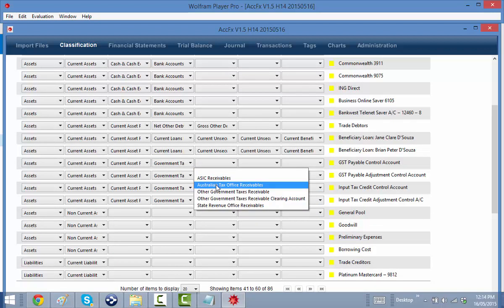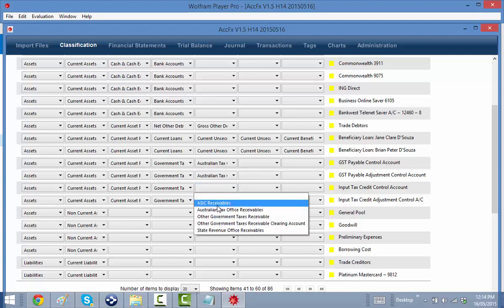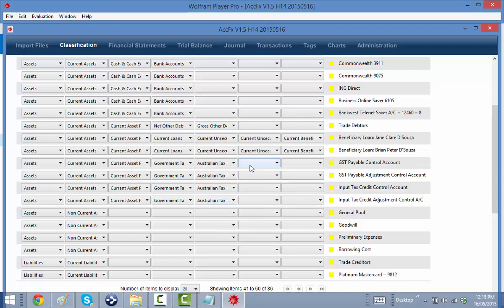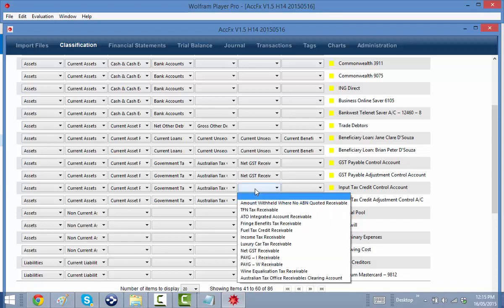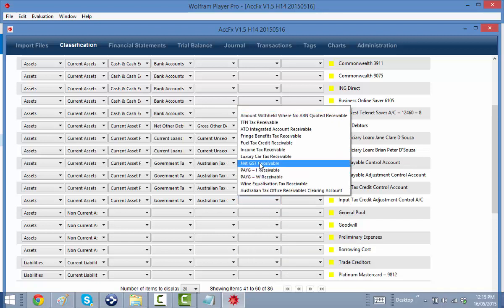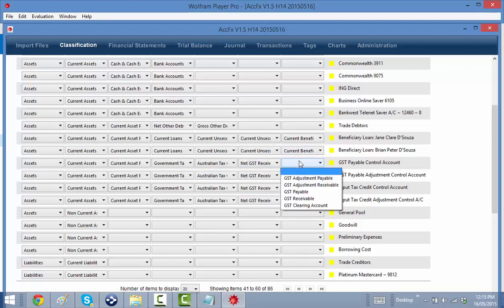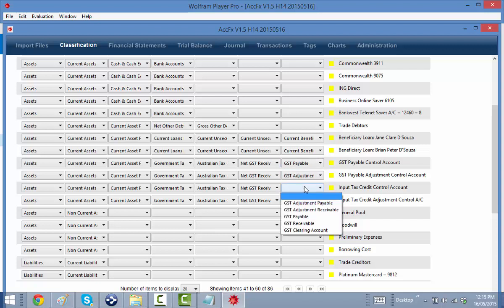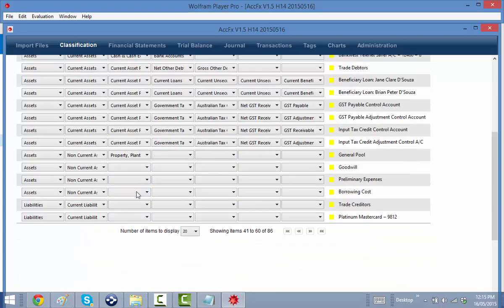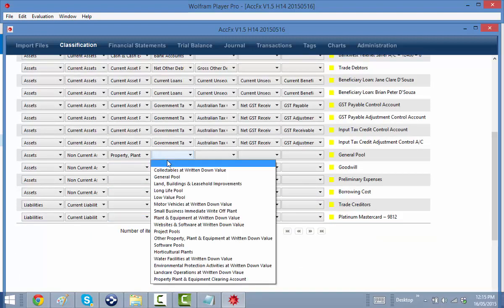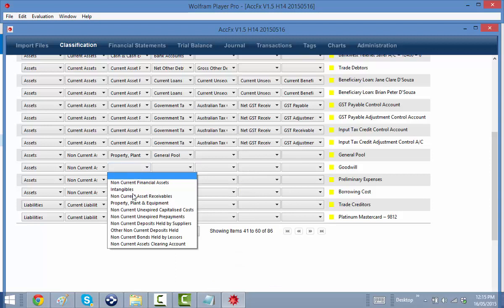So this is Australian Tax Office. Okay, and it's got to be net GST for all of those. Net GST because it's GST payable, GST adjustment payable, input tax credits, so GST receivable and GST adjustment receivable. General pool, property, plant and equipment. So that is our general pool. Goodwill,